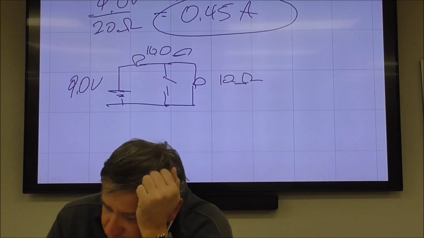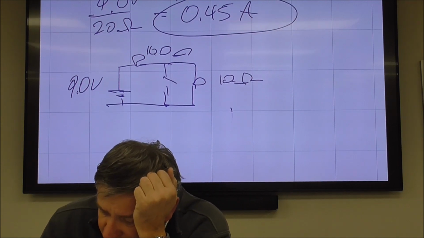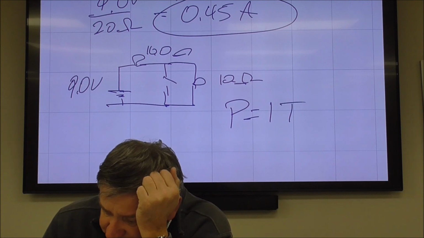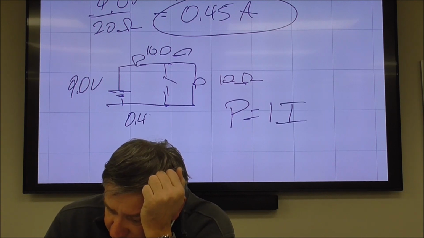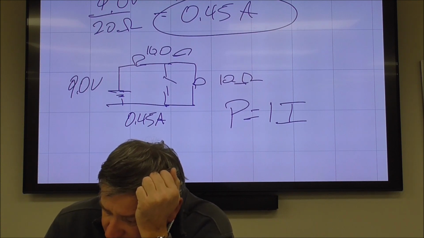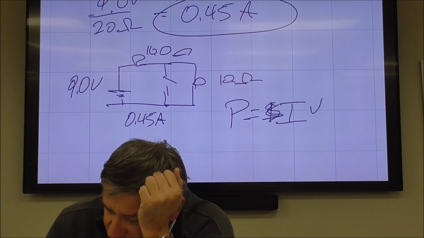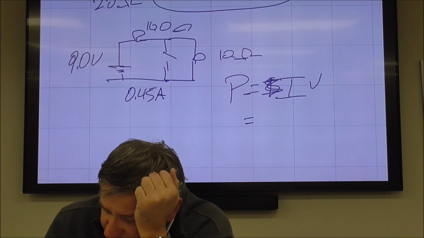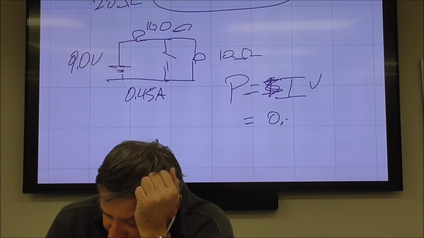If you look at the PIV calculation, we've got 0.45 amp. So I've got a current of 0.45